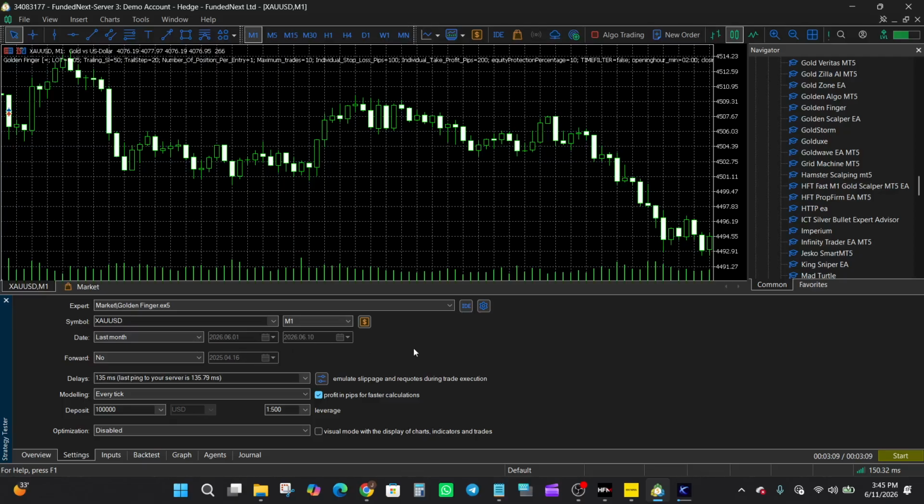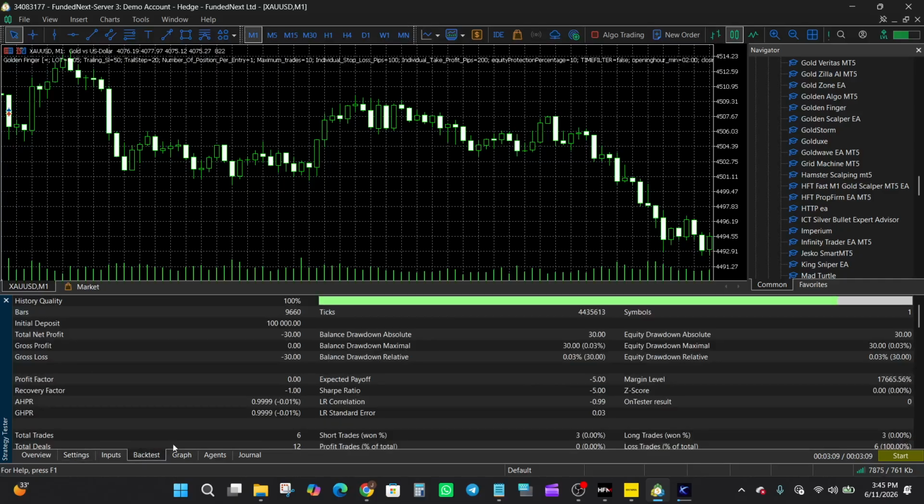So that we can at least see how the EA behaved with the most recent data. But I recommend that if you are interested in this EA, you should test it over a longer period of time, probably a year or even 2 years or more, so that you can capture a wider range of market conditions. The results are more trustworthy when it is backtested over a longer period of time. Okay, so we are using last ping to the server for the delays, and then we are using the every tick